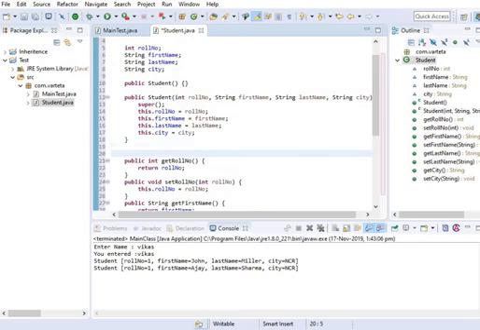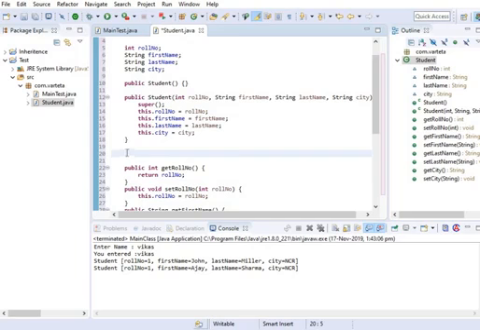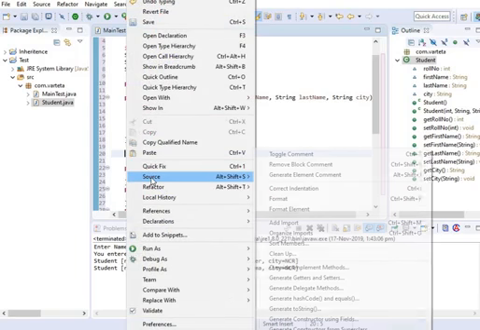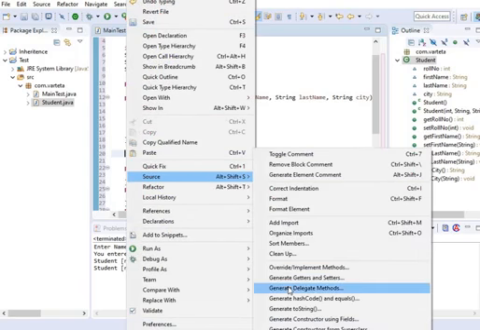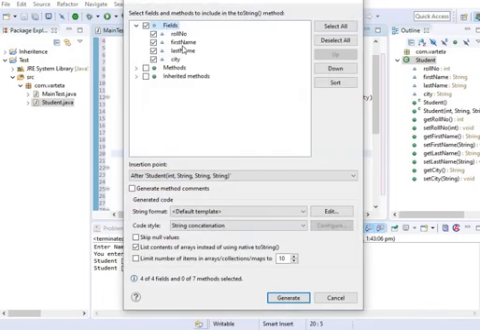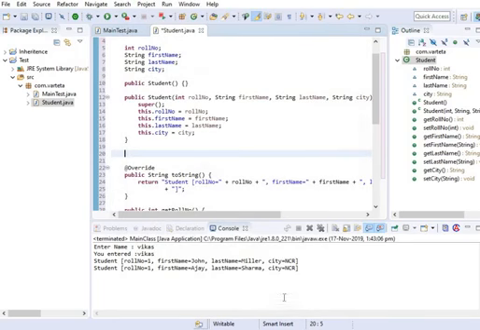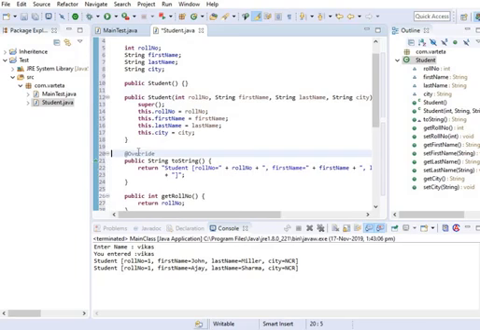Here I am overriding the toString method so that I can print the properties of the object easily. I will tell you why I have created the toString method here.